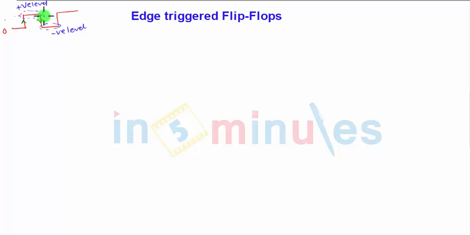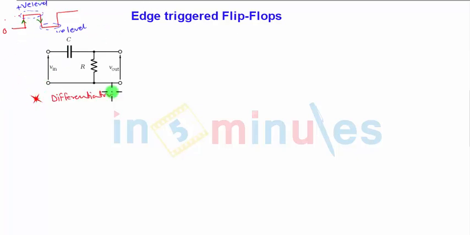So for this we will be requiring a differentiator. So what a differentiator is, so basically this is a differentiator. A differentiator consists of a capacitor, shunt resistance and V out. Here you will get the trigger pulses with the help of the capacitor, because V in is going to be the square wave continuously oscillating between logic 0 and logic 1, that is nothing but our V in.